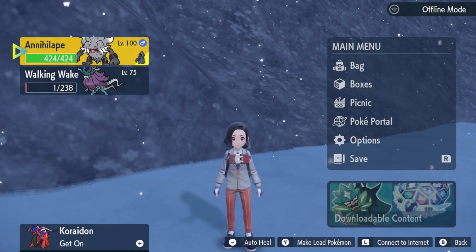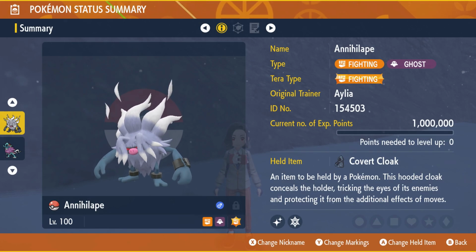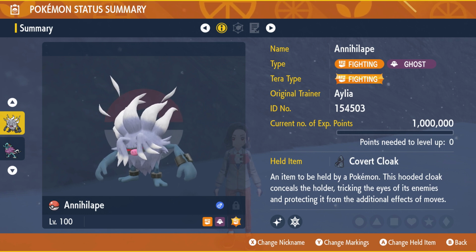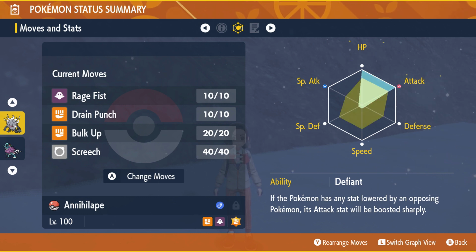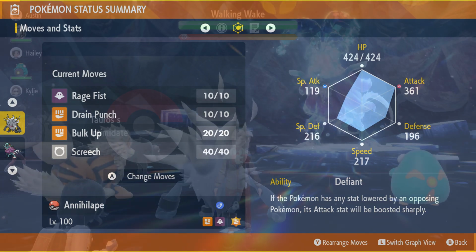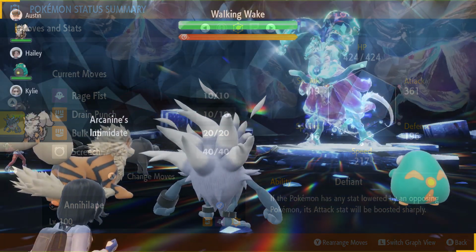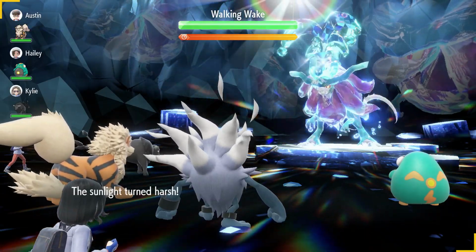Starting with Walking Wake, you have 2 main options. The first of which being the classic Rage Fist Annihilape that I popularized a while back as an absolute monster one-shotter of Tera raids. I will link the full setup build guide on him down below, but he is more than bulky enough to survive the special attack onslaught, as the damage output is fairly low, even with the sunny day and photosynthesis boost, and then he is of course able to one-shot with Rage Fist, primarily because he has